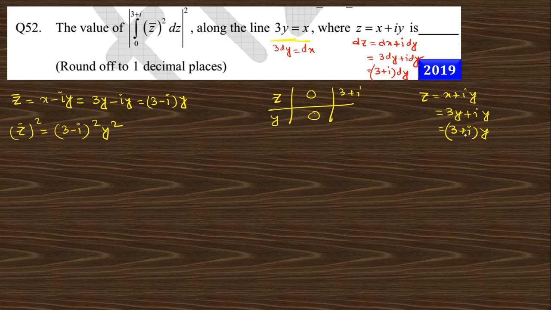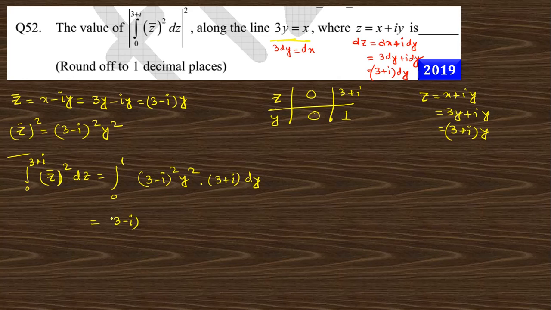If z equals 3 plus i, y is 1. So this integral can be written as